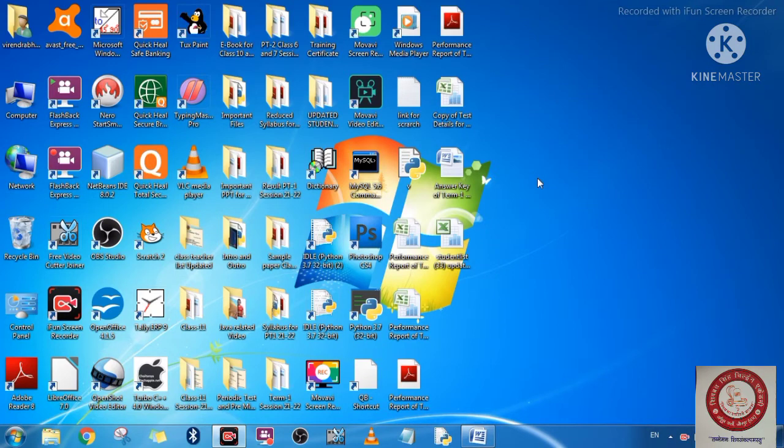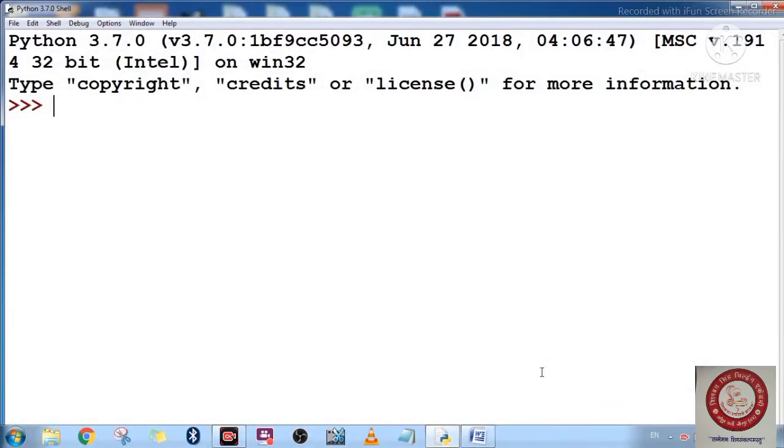So students, without wasting any time, I am going to open the Python screen and then we'll proceed further. So this is your Python screen. It is taking a little bit of time to open. Now finally it's open, and first of all we are going to understand what a list is. A list is a kind of container that is used to store values